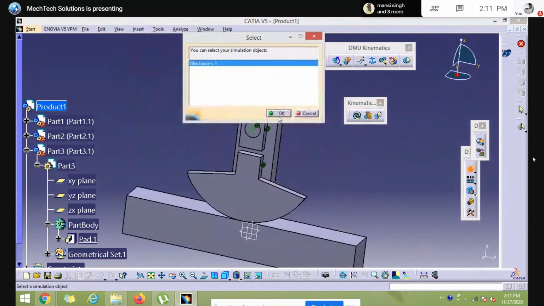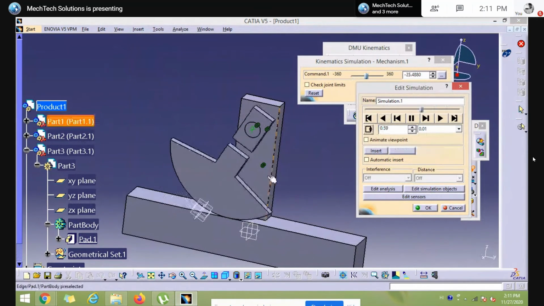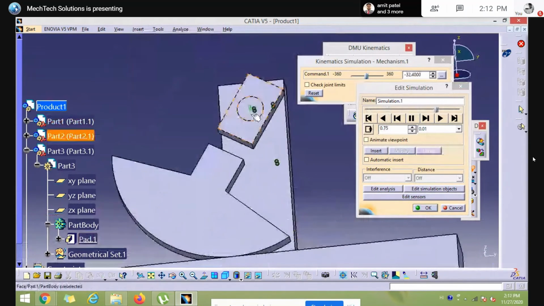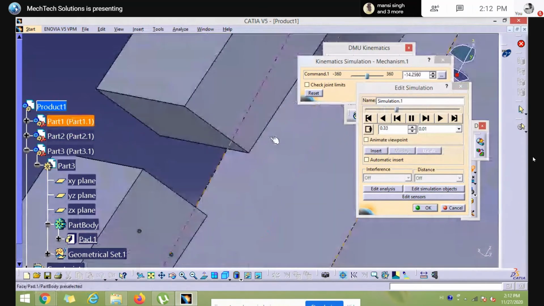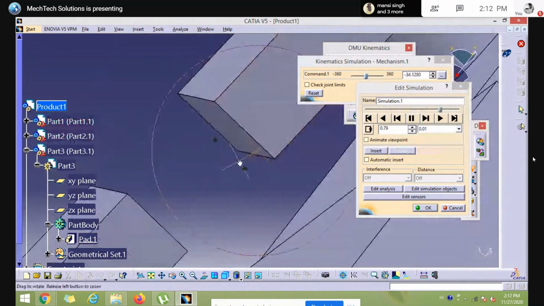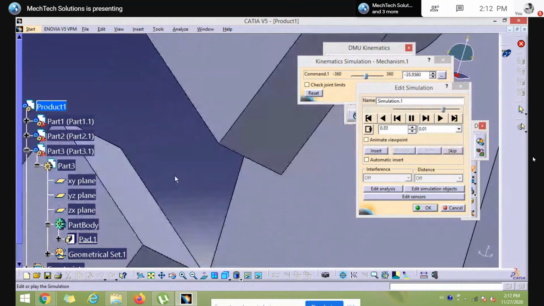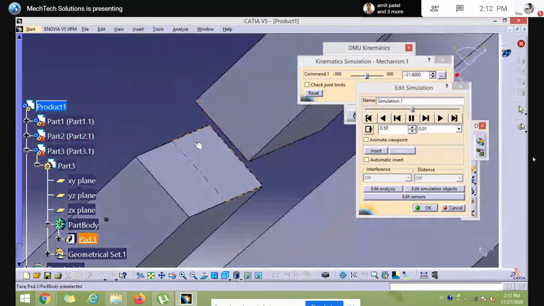For simulation, select the mechanism, dead end, insert, and here we can see that it's simulating. Just because of the revolute joint, it's rotating, and just because of the prismatic joint, you can see what's happening here: it is expanding and shrinking, right?